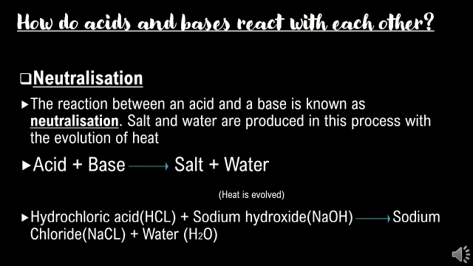For example, hydrochloric acid, that is HCl, is reacting with sodium hydroxide, that is NaOH. So what is the product formed? That is common salt, sodium chloride, NaCl, and water, isn't it? So let us see neutralization in our daily life. Before that, we shall see how neutralization occurs in case of acids and bases. Okay, so when acids and bases react, what is going to happen? We will see.